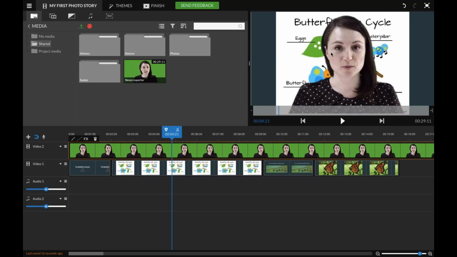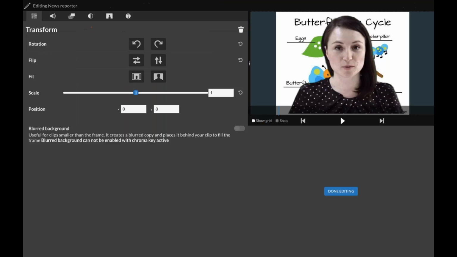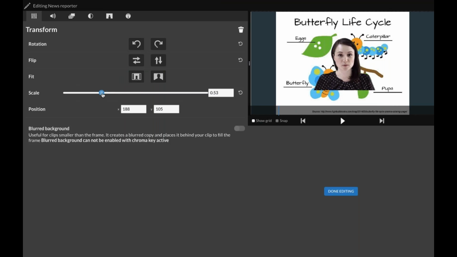The person is actually covering up most of the content. So you're not stuck with only one effect or one modification to any clip. You can actually use any number of features on each single clip. So we can also use the scale on this clip too, and it's not only green screen, but we can scale the person down.